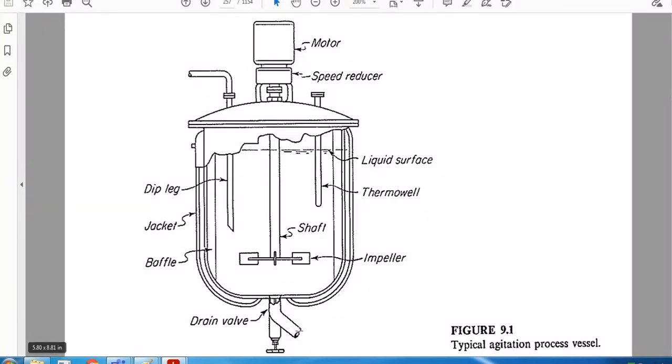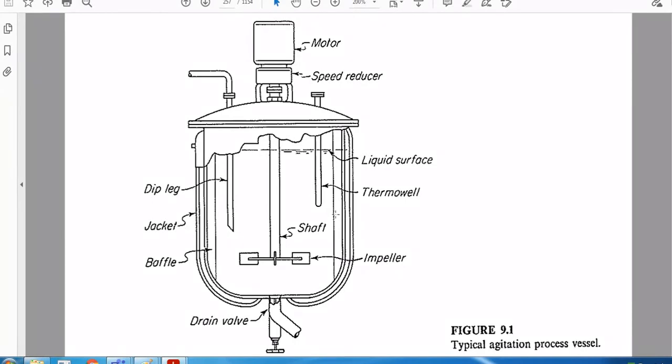Thus, as ammonia is dissolving, what will happen? Now this agitation maintains uniform concentration, remember this. So once we know how much amount of ammonia has to be pumped, then what will happen? You will be stopping the process. But how to monitor this? That is one more important thing.